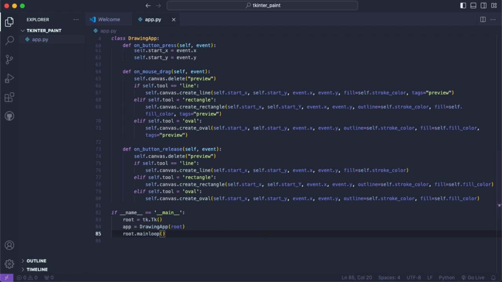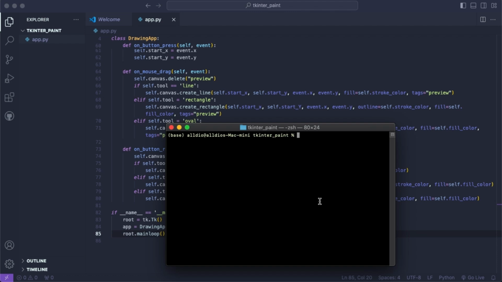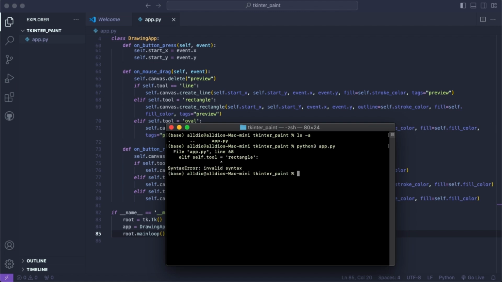So now if I come over to my terminal and I ls -a, make sure I'm in the same folder and I have my app.py. So I'll say python3 app.py,